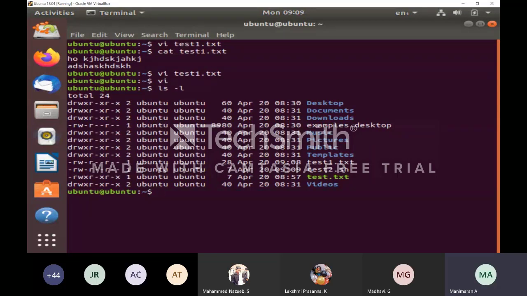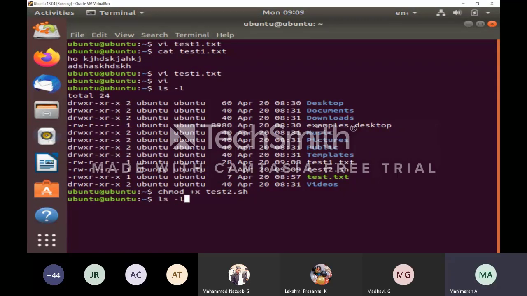So for other users, there is no execution permission. So we have to give the execution permission for other users, plus x. The file name is test2.sh. Already I told you, if you want to create any shell file, the extension is .sh. Now we added the execution permission to our file test2.sh.